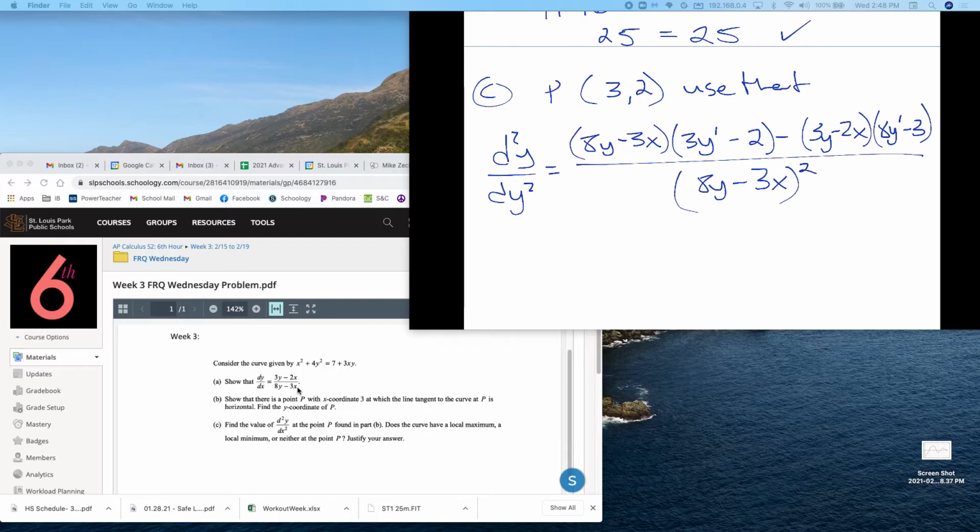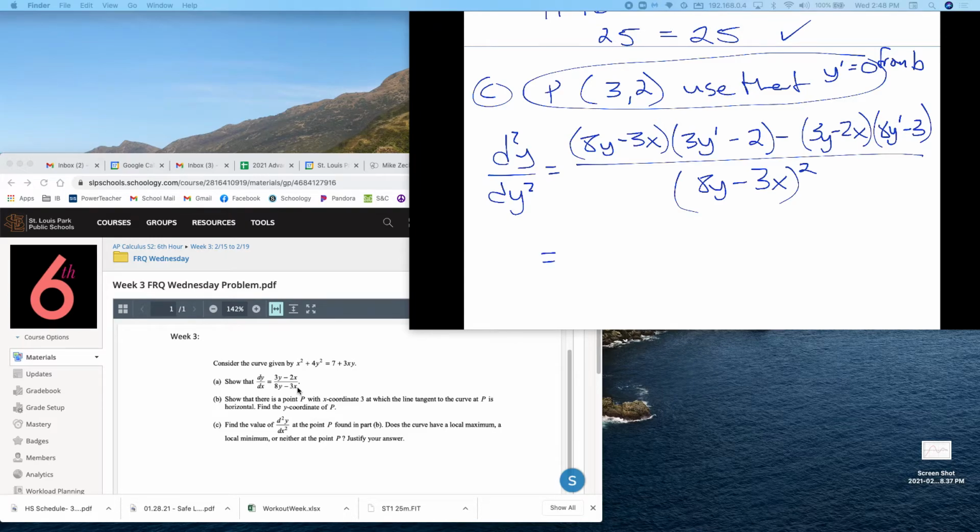We know y prime is equal to 0 here because that's the work we did from part B. So wherever there's a y prime, we can put 0 in because that's the work we found. Wherever there's an x, we can put 3 in. Wherever there's a y, we can put 2 in. And that's going to be another point. If we go through that,